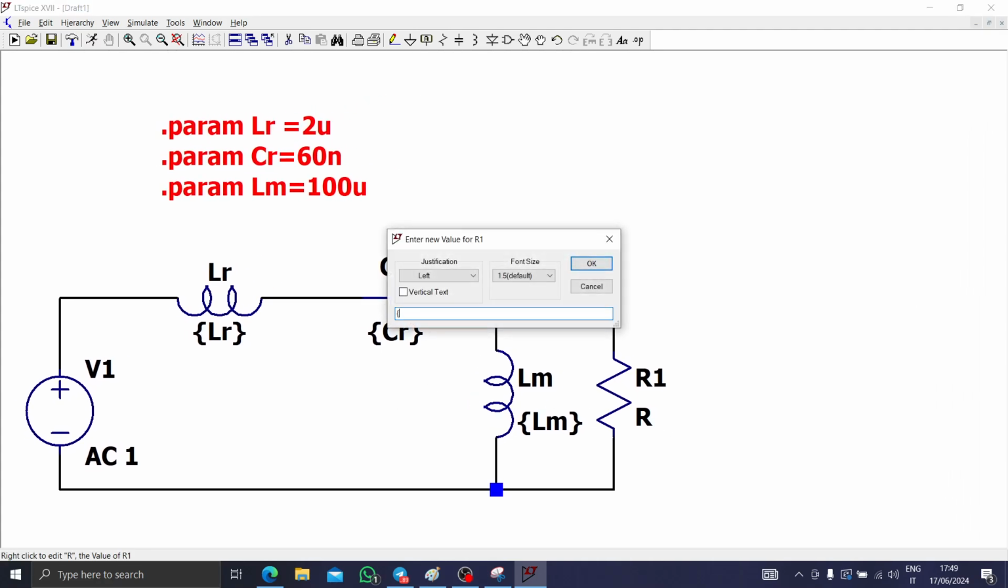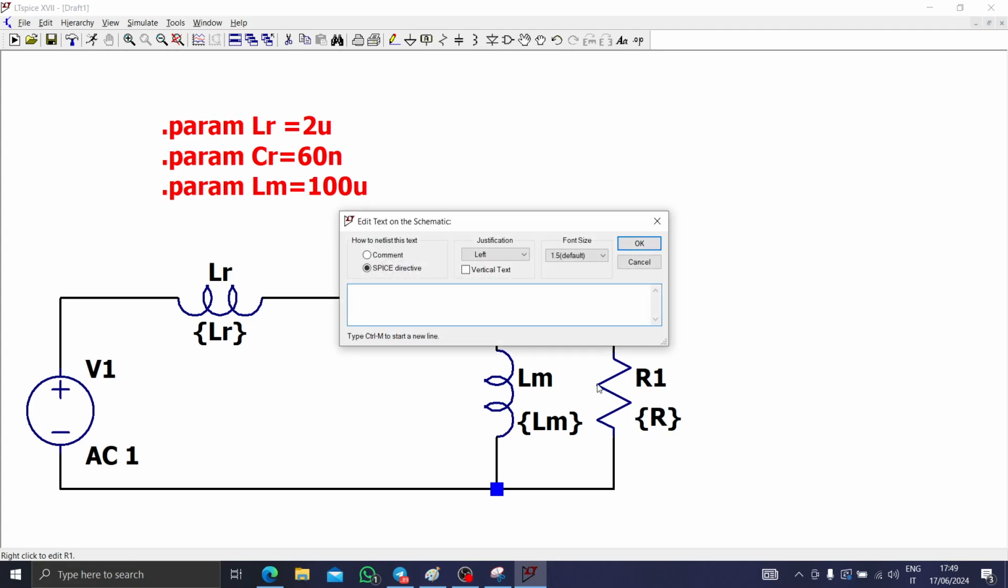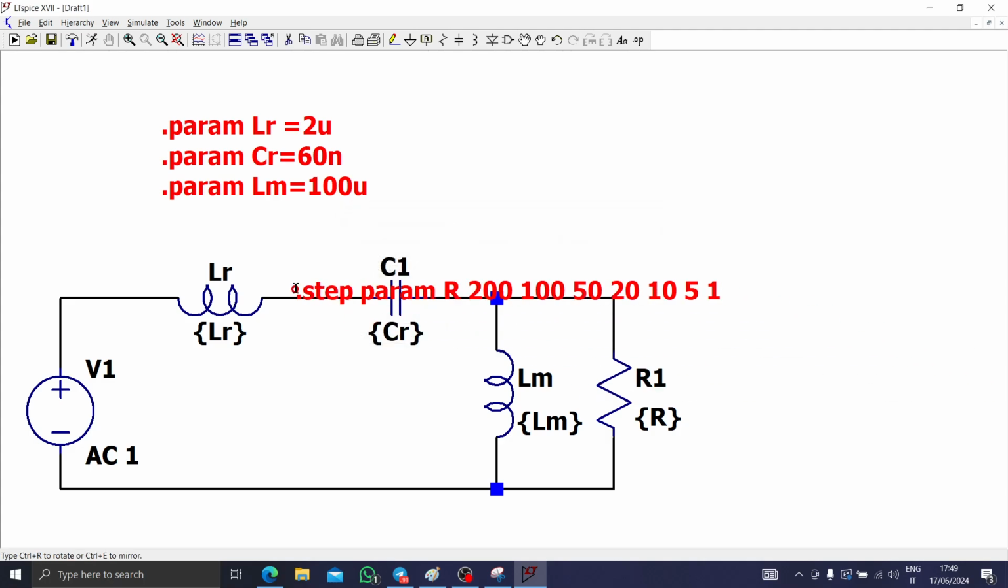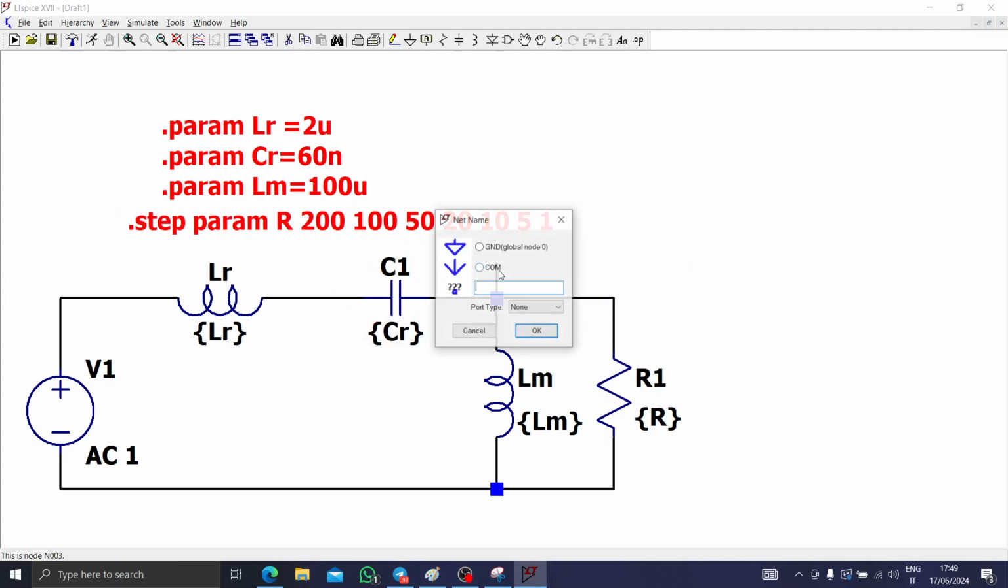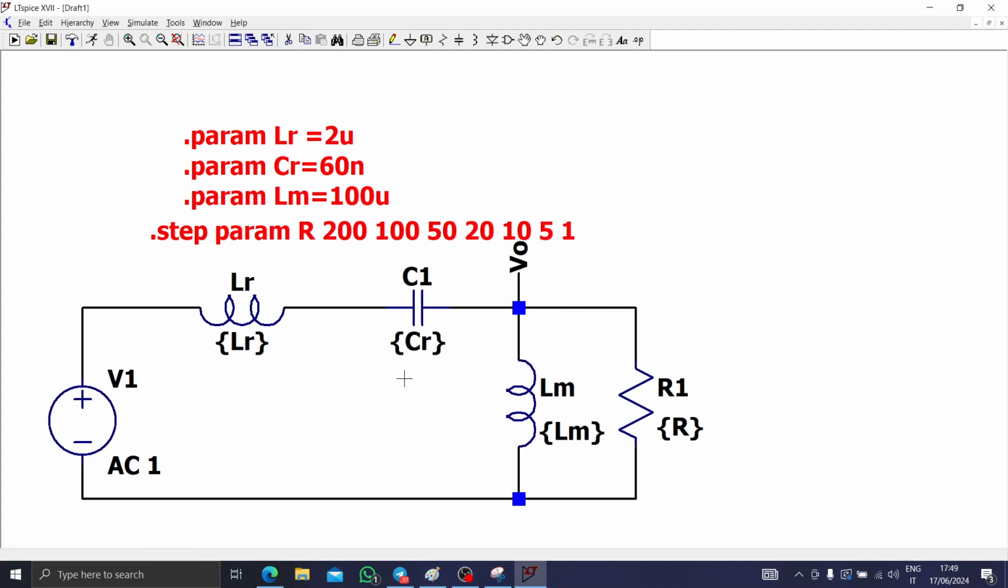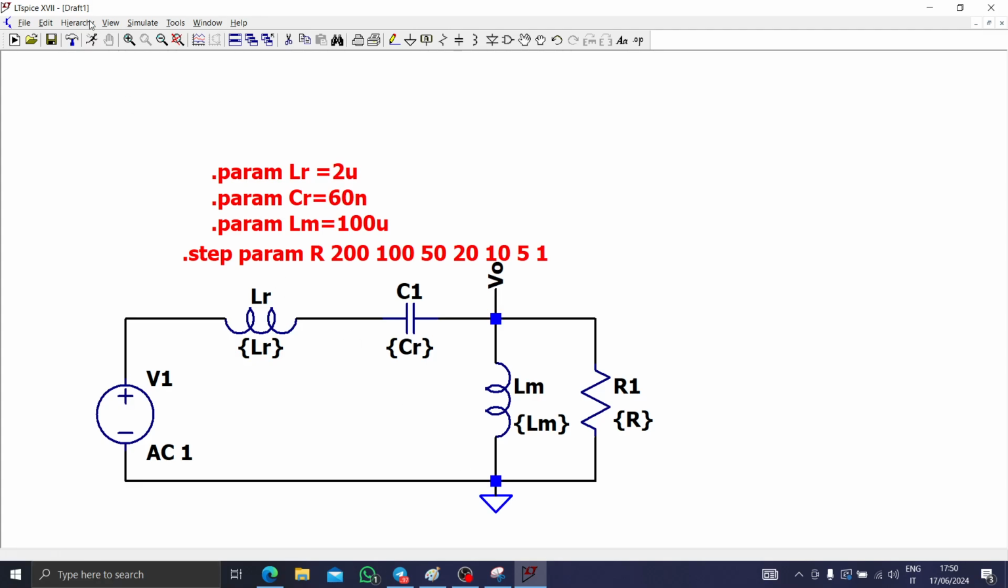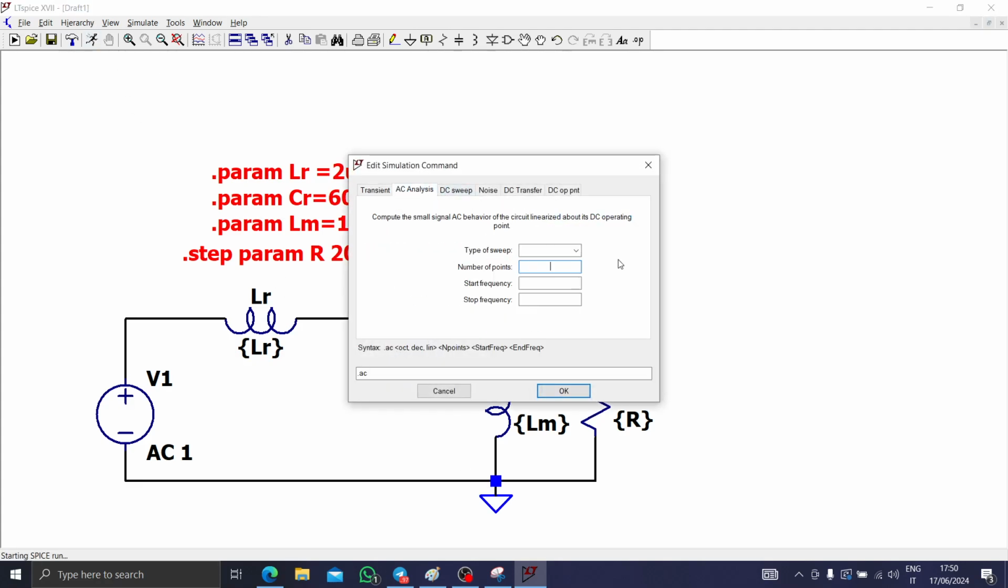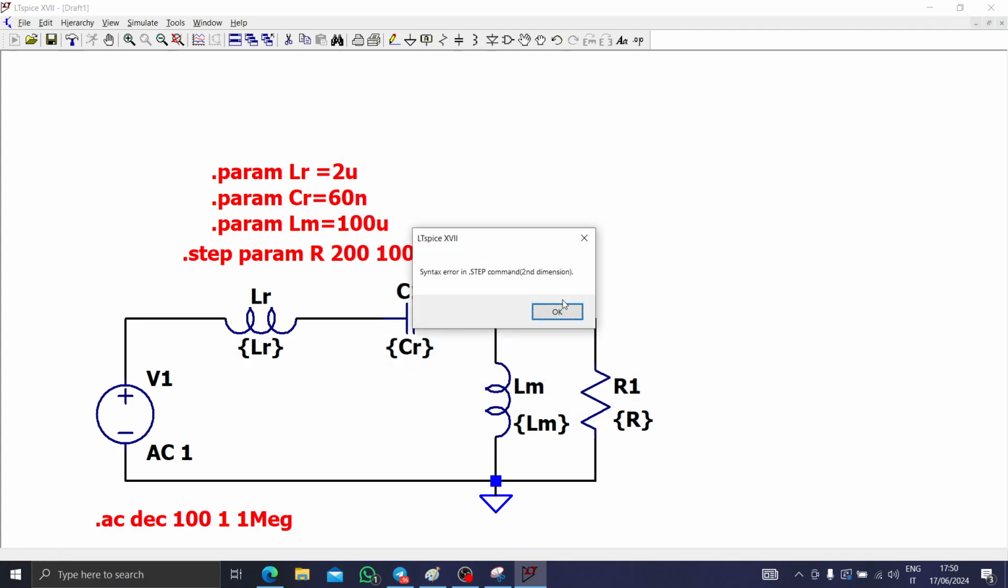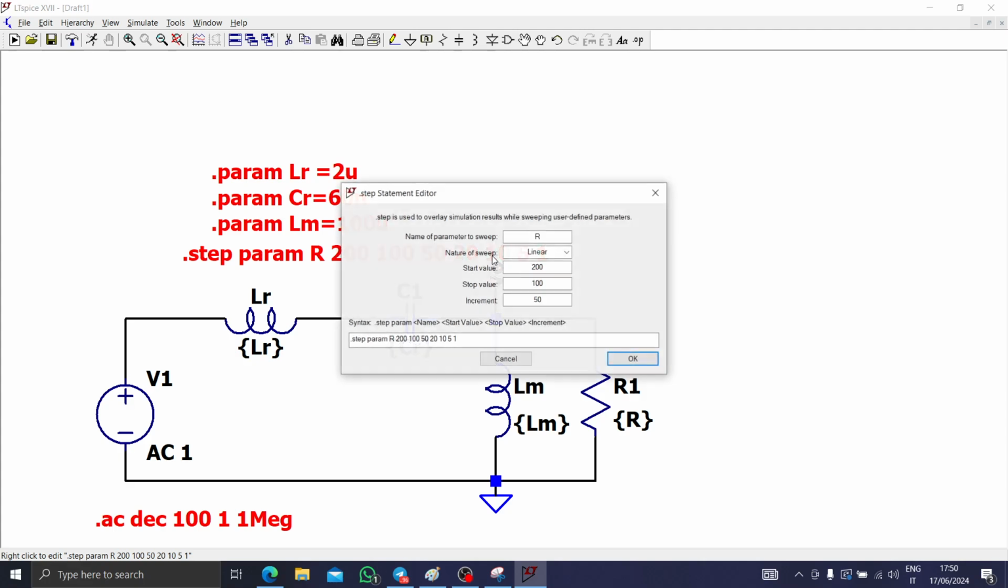So let's use the parameter R, and let's say .step param R, for instance, 100, 200, 150, 20, 10, 5, 1. Let's call this node VO, and let's put the ground, and let's run the simulation. In the decade, 100 points, 1 megahertz. Oh, sorry, probably I